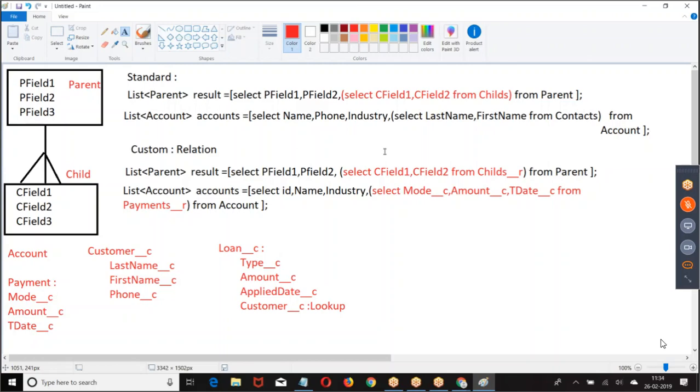Now, right, boss? So now, did you get the list of customers? We are fetching parent to child. From the parent object, we are getting the corresponding child data.